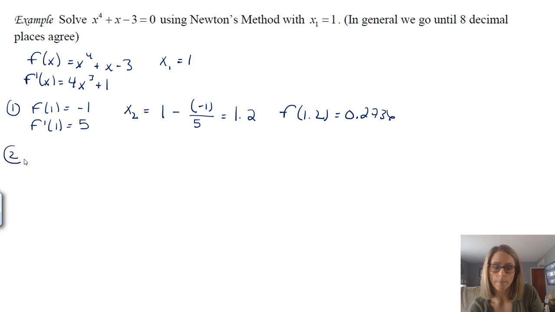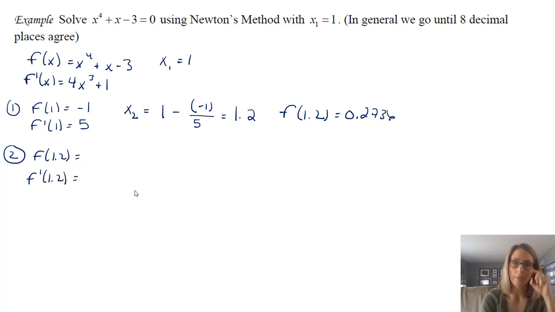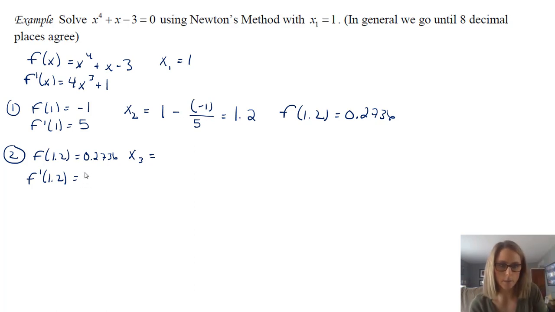That y value of 0 that we're looking for, we're a lot closer. Now, we can do this again. So the second iteration is simply going to be, instead of 1, we're using 1.2. So we need to find f of 1.2 and f prime of 1.2, and we see what we get when we do that. Now remember, if you've checked your value, you already have the f value, because it is just the y value. And then you put this into the derivative, and in this case I get 7.912. And then I'm ready to do x sub 3.